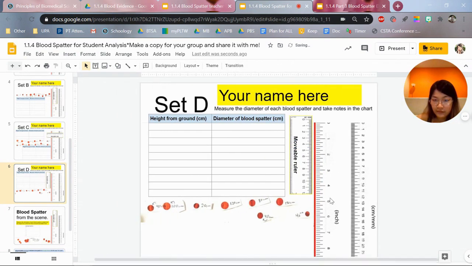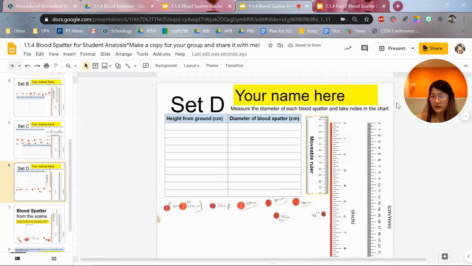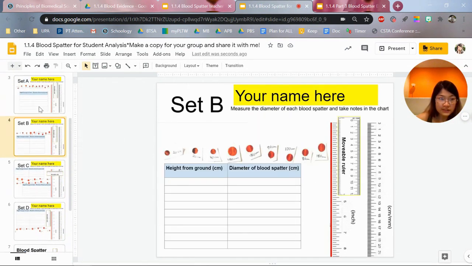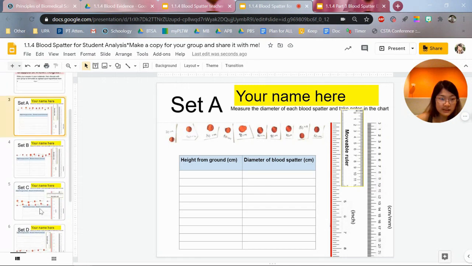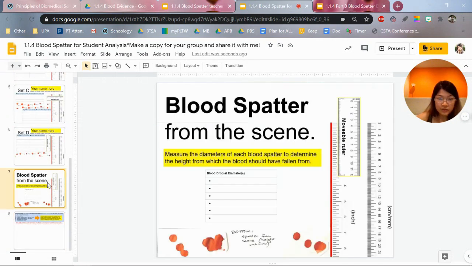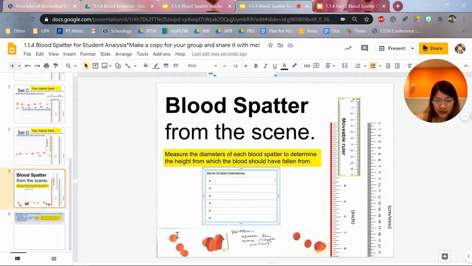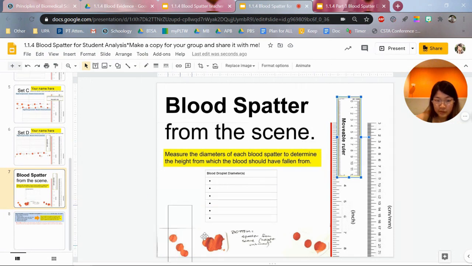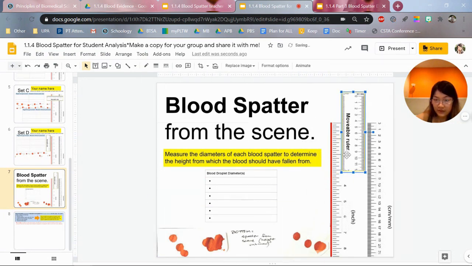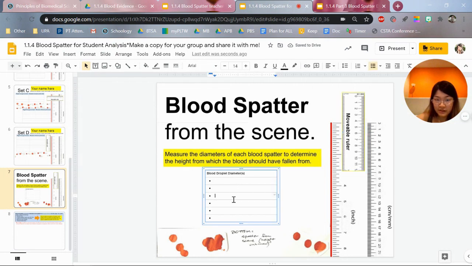All right, so after students finish gathering their own set of measurements, they are going to then also find the diameter of the droplets that were found at the scene of Anna's death. I'm going to take notes on each of the diameters here, and then